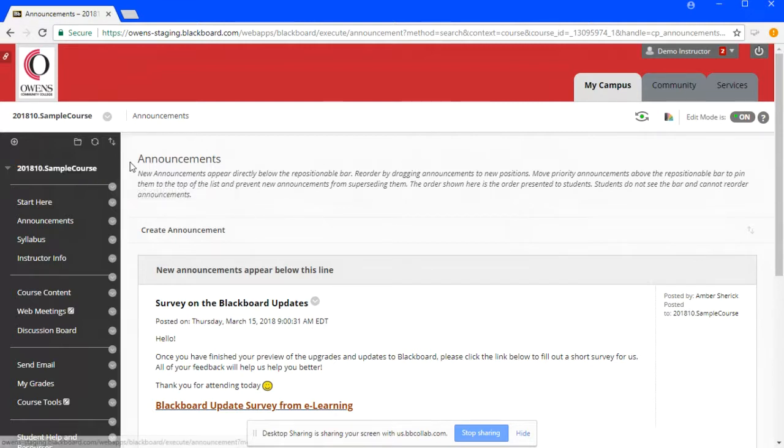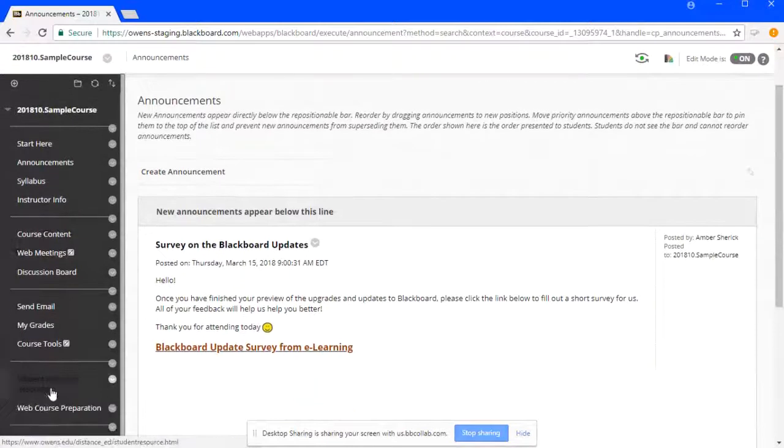But as you can see, the sample course menu, the color has changed dramatically. This is now a very dark gray, and the text is white. And if you hover over it, it changes so you can see. That's actually something I still need to change, to make that text a little bit lighter so there's more contrast. But all of the course menu links that we discussed previously are here, and they're all functional, with the exception of the web course preparation link, because that's linked to Challenge Accepted.